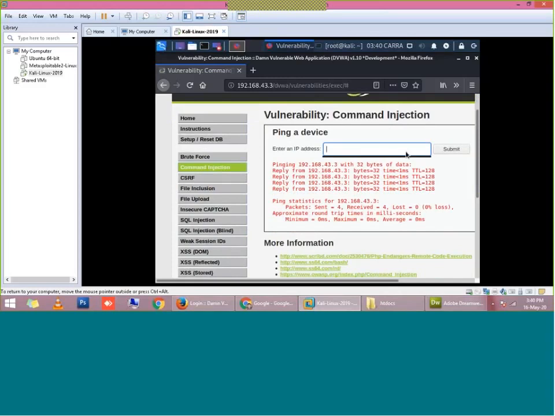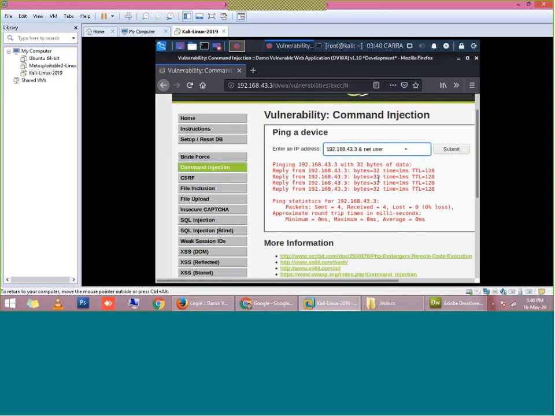The first command that I'd like to inject is the net user command. You must know that in the Windows operating system, to find out about the different user accounts existing on your Windows machine, you use a command called net user.